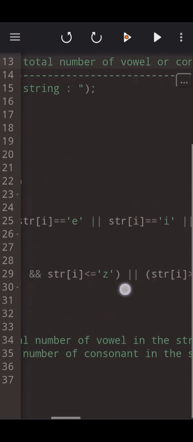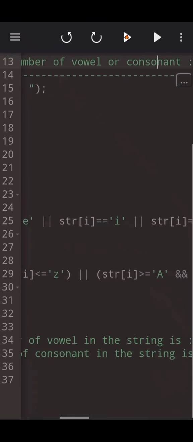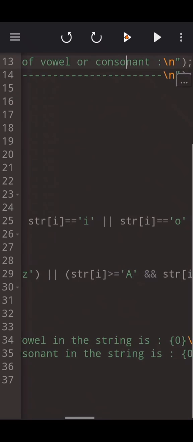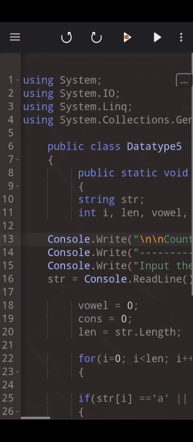Console.Write the total number of vowels in the string is, the total number of consonants in the string is, and then if I'm going to run this program, the output will be